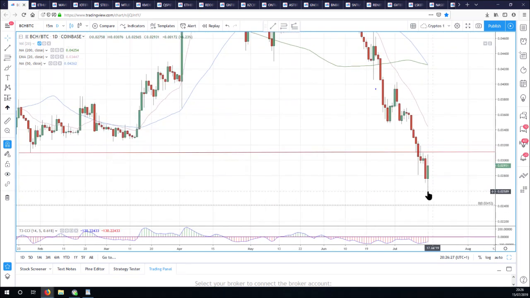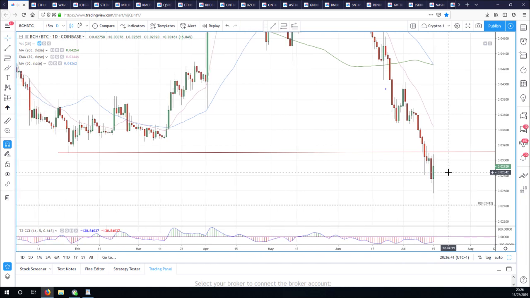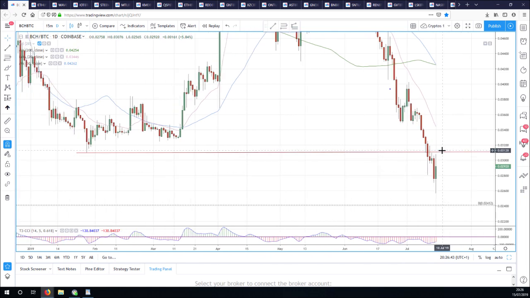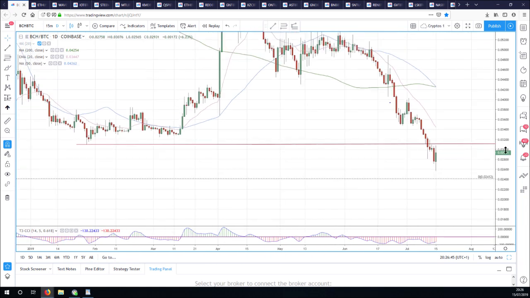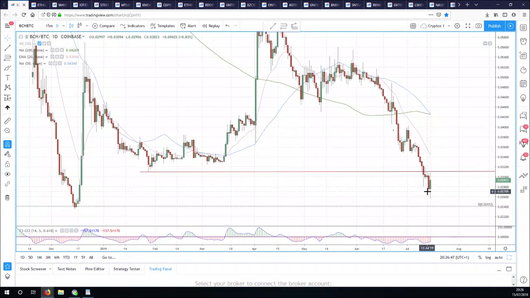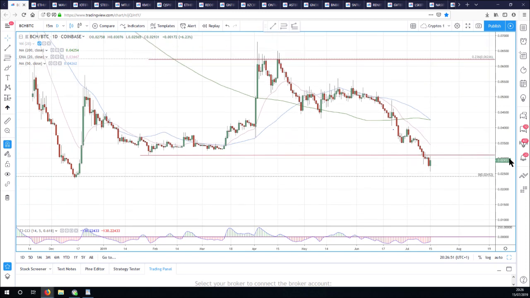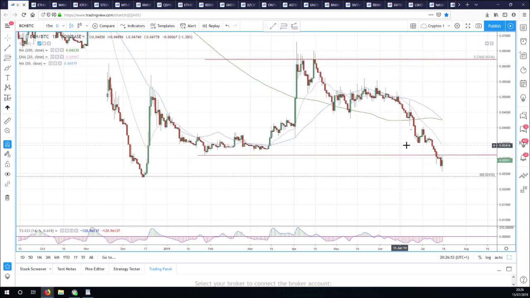And it's when you make a new low and then you close more than 50% up on the big down day previously. So remember, we were always talking about that 50% line. If we close here, we've got that bullish piercing line reversal pattern in Bitcoin Cash Bitcoin. We've got a bit of resistance to get through, but maybe we would then see some follow through. So potentially, after a pretty nasty sell-off, we could get a bounce here in Bitcoin Cash Bitcoin as well.